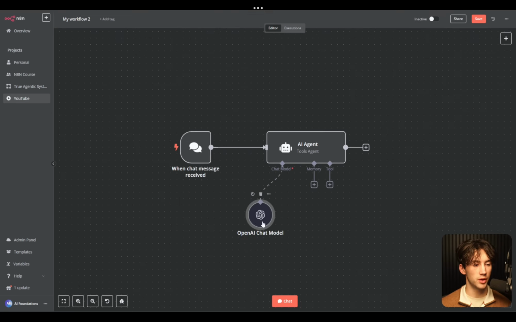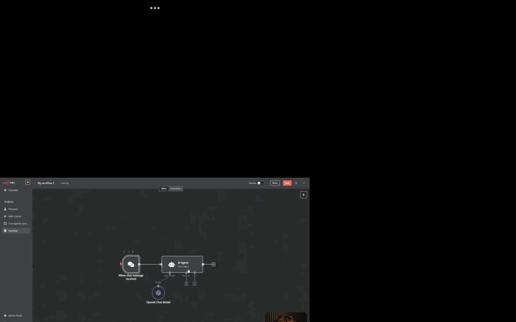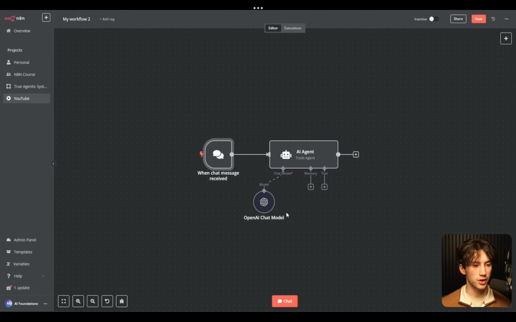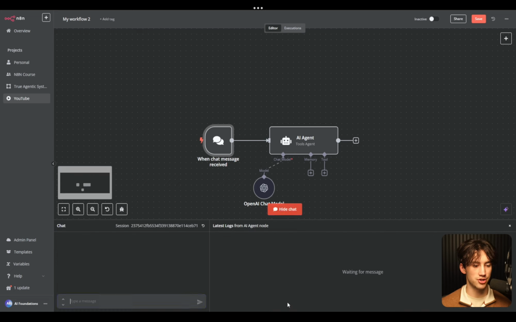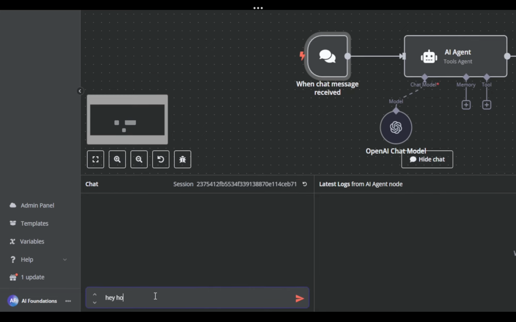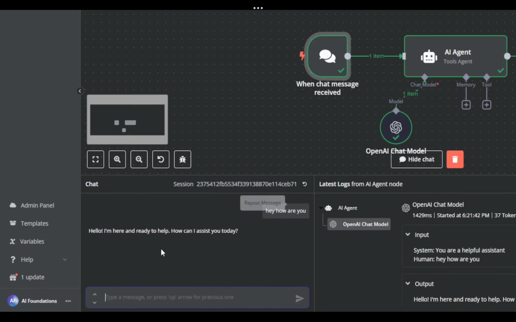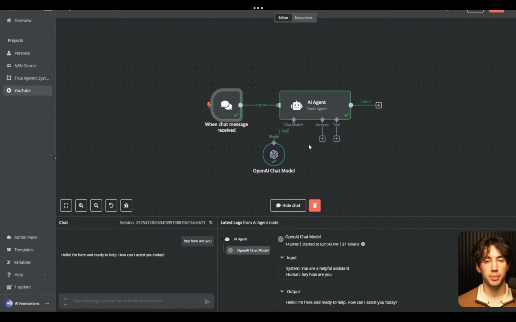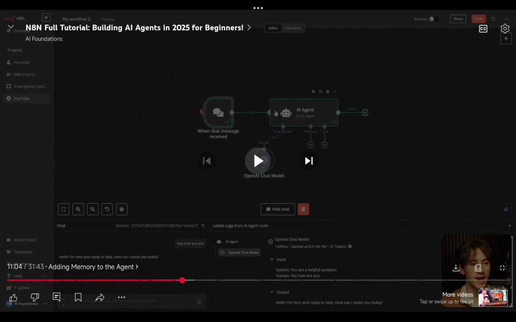So once you have a model connected to your agent and you have a way to start your automation, for example, right now we're chatting with this agent in order to begin this automation process. What you can do is you could just talk to this thing like it's ChatGPT or any other large language model. So I could ask it, hey, how are you? And then I could send it off. And now it's just using ChatGPT, and it brings me a response. It says, hello, I'm here and ready to help. How can I assist you today? But the problem is right now, this AI